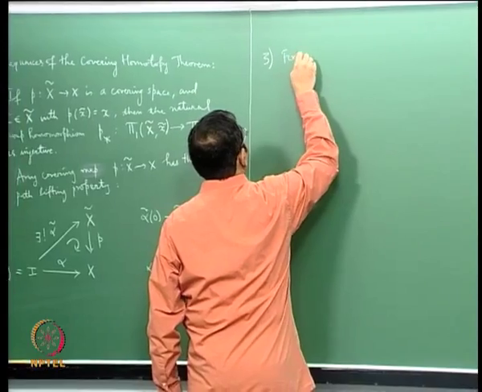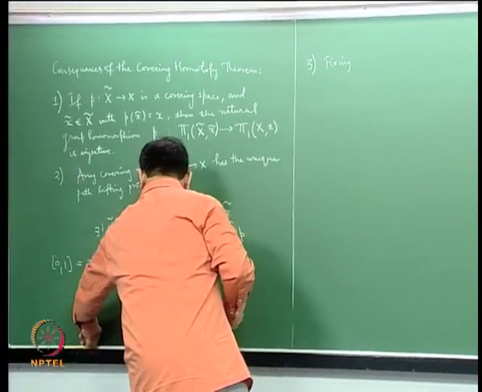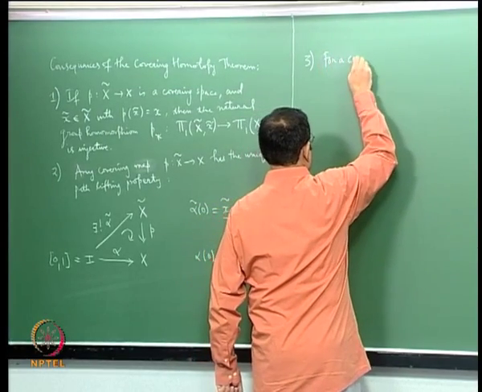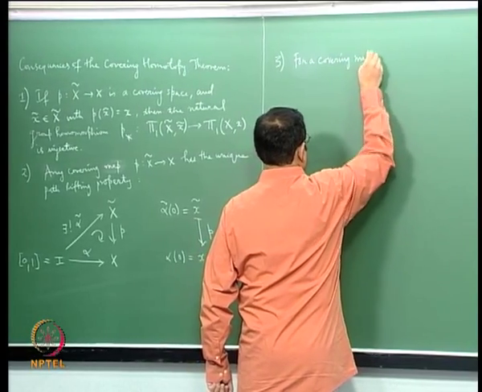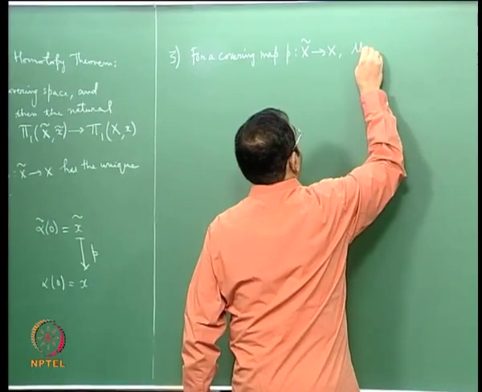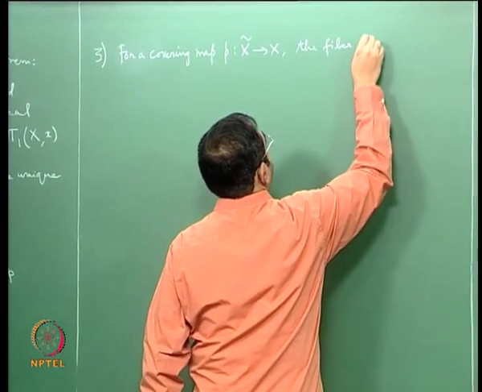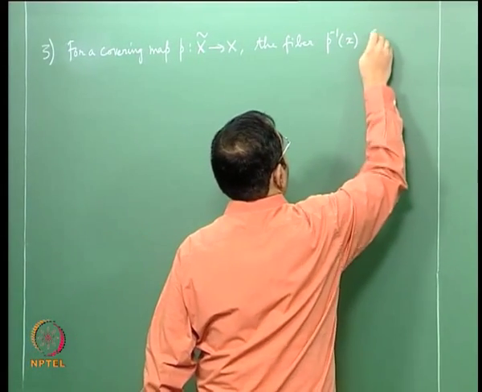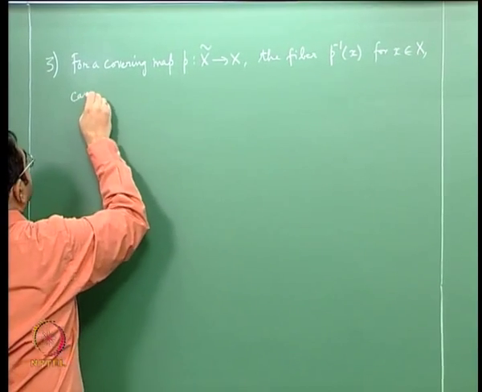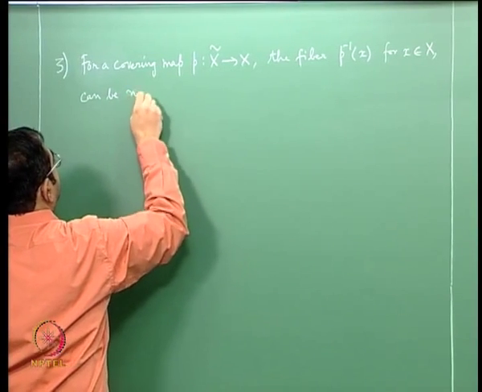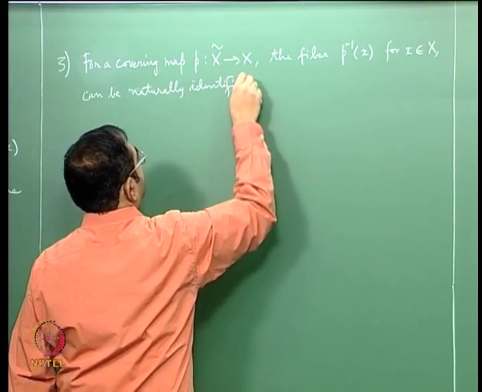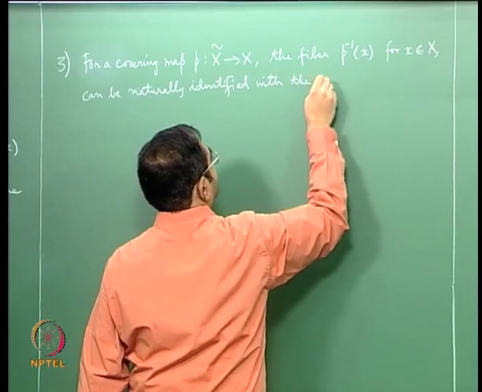Rather, let me not say fixing. For a covering map P from X tilde to X, the fiber P inverse of x, for small x in capital X, can be canonically, or let me say naturally, identified with the coset space